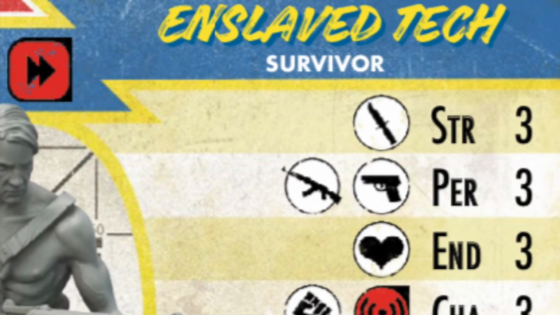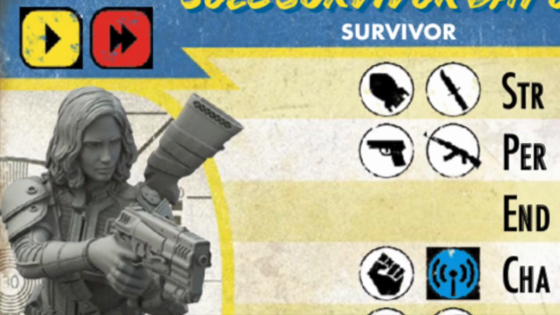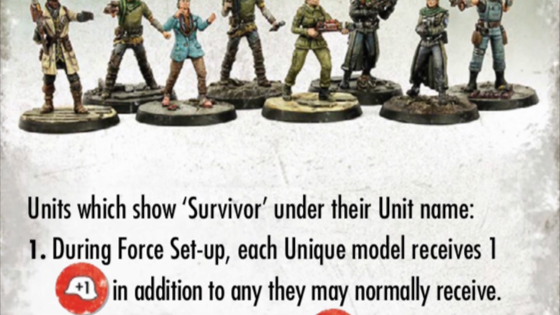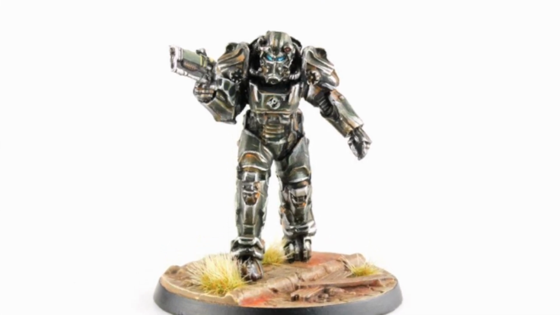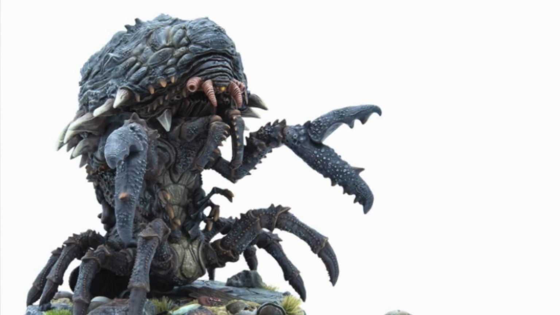By choosing a Survivor as your leader, any unique Survivor unit, which has the little Vault Boy icon on the top of its card, is going to get a single strong armor token free of charge, just for being in that force. So what does that mean? Well, strong armor is normally reserved for big bad units of power armor or nasty boss level creatures like Deathclaws or Mirelurk Queens. Now, when a unit has a strong armor bonus, any damage it takes is reduced by 1